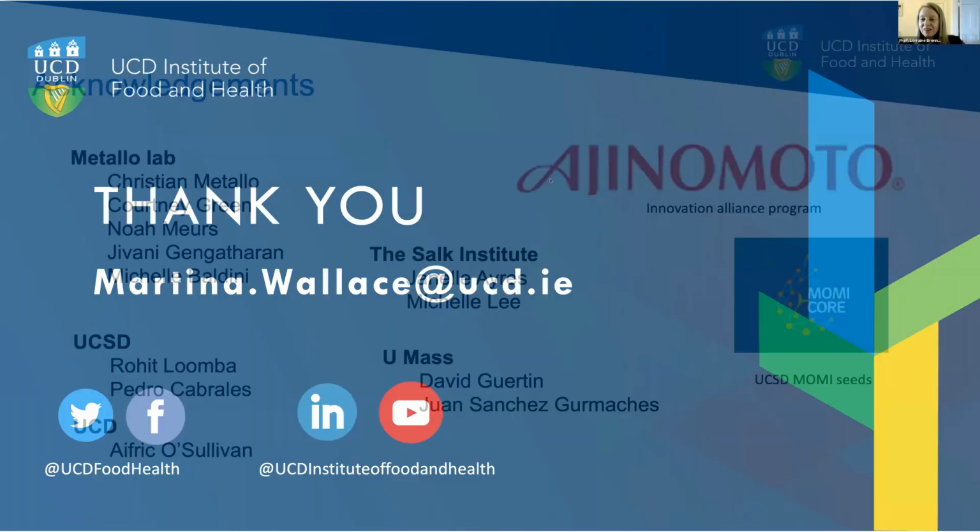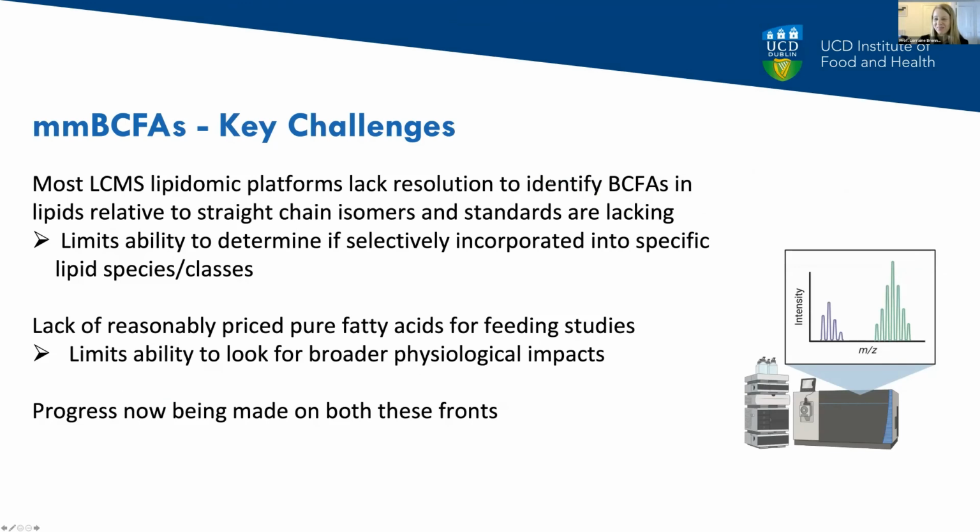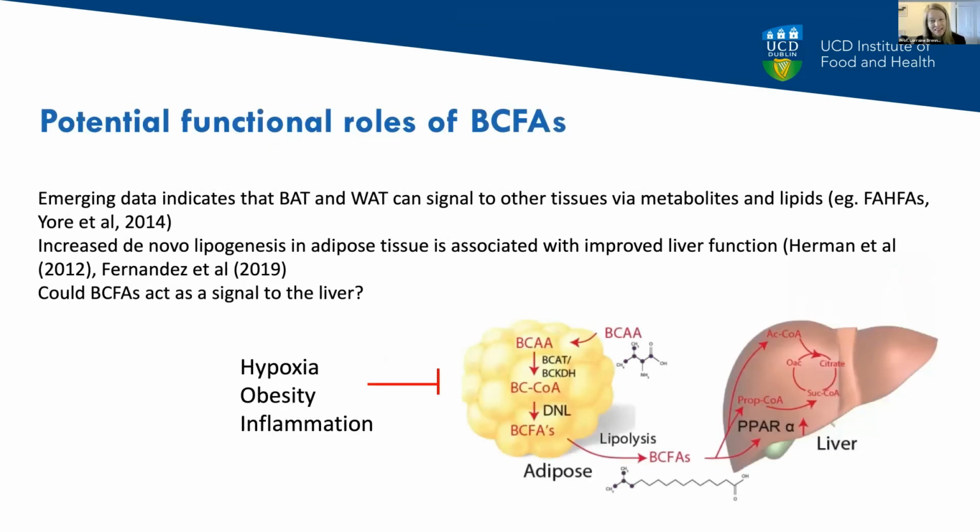Thanks very much, Martina. That was a fascinating overview of branched-chain amino acid metabolism and branched-chain fatty acid metabolism. So if you have questions, I'd encourage you to put them into the chat function and I'll pose them to Martina. But just to get us started, I have a few questions, Martina. So my first question was, you showed very nicely with the tracers how the adipose tissue breaks down branched-chain amino acids and utilizes the carbons to make fatty acids. What happens if that's done in the background of high fatty acid levels? Where does the carbon go?